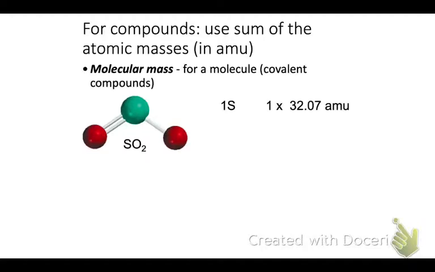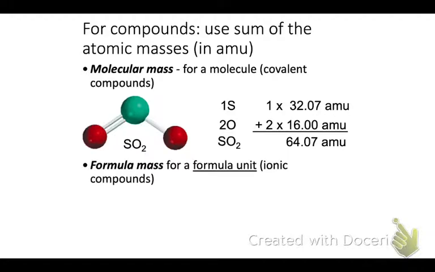So you take one sulfur atom, which has an atomic mass of 32.07 atomic mass units. You have 2 atoms of oxygen, 2 times 16.00 atomic mass units. You add them together, and that will be the molecular mass for sulfur dioxide, which is 64.07